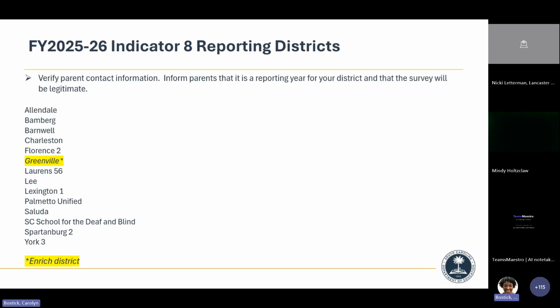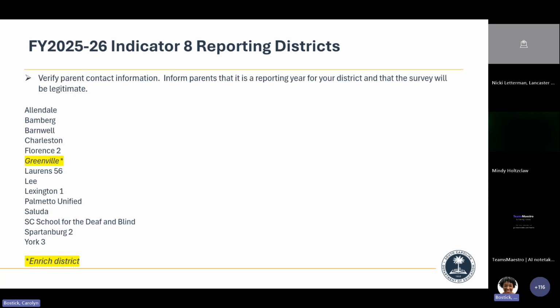All right, talking about the 25-26 indicator 8 reporting districts. Those reporting districts are listed here once again. We are trying to include the parents' information as a part of the child count report. We hope we're able to do that just to help validate and lock in the students whose parents we will try to contact for the indicator 8 report.